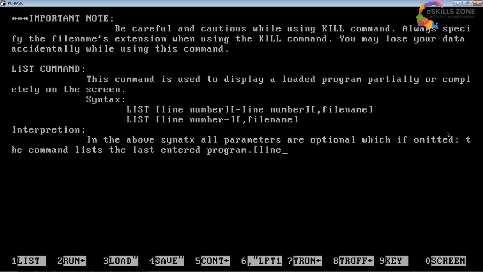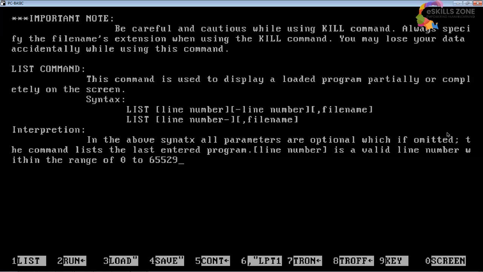Line number is a valid line number within the range of 0 to